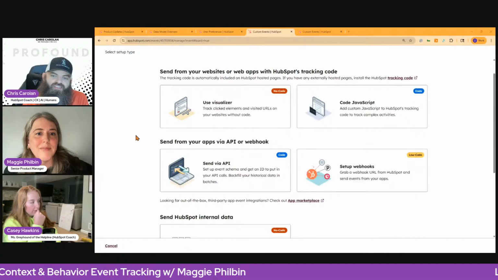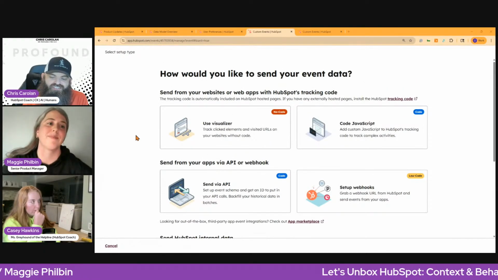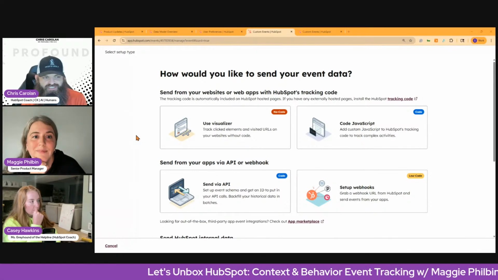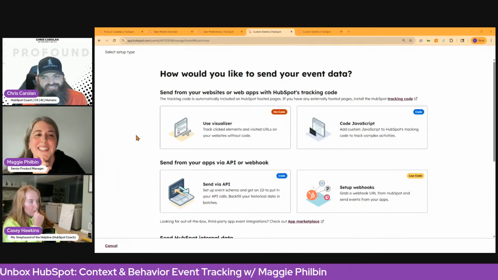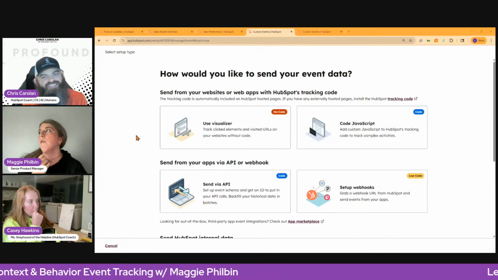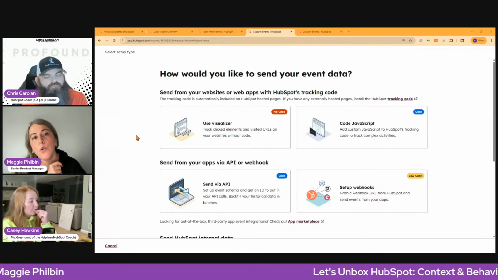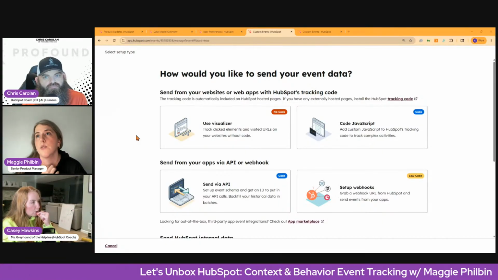So the new updates aren't necessarily... so, custom events versus app events. Please define that. What's the difference? So admittedly, pre-Inbound of this year, we were not super clear about who's supposed to use what and what it's for. And a big purpose of this release was to draw clearer lines.